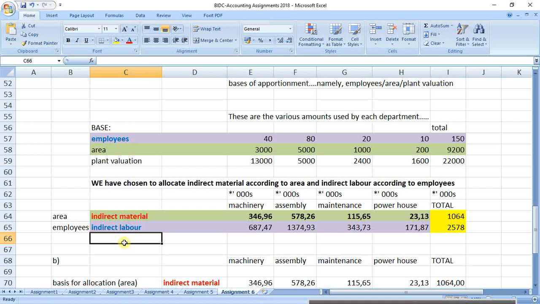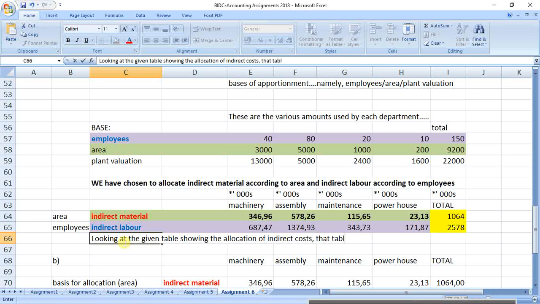So we can just say, as a last point, looking at the given table showing the allocation of indirect costs, comma, that table does not use area, employees, or what is the other one? Plant valuation